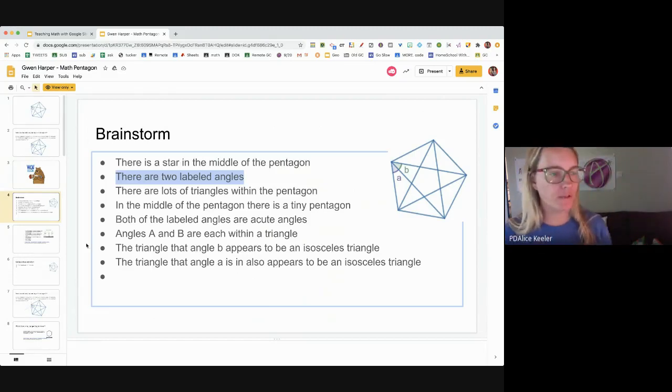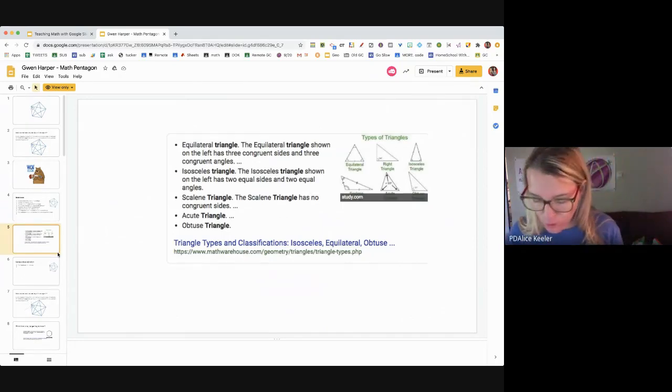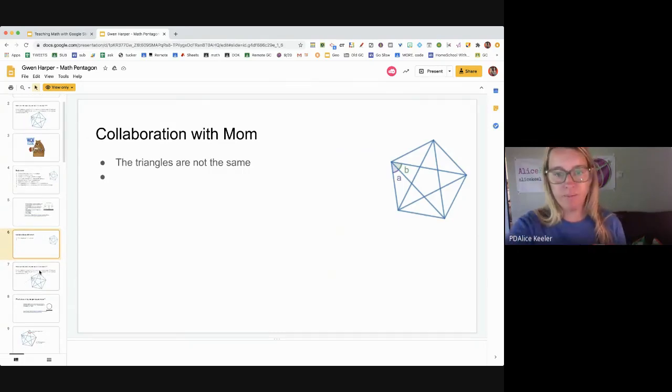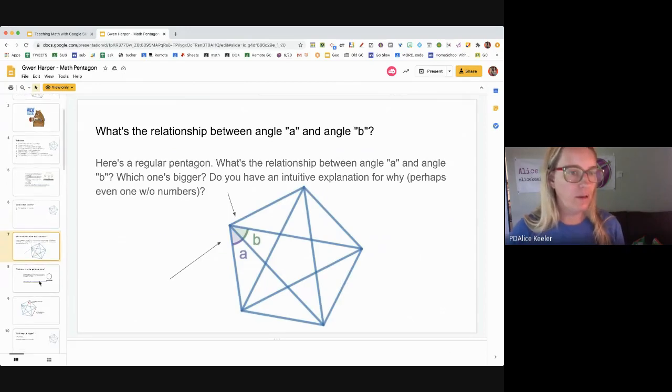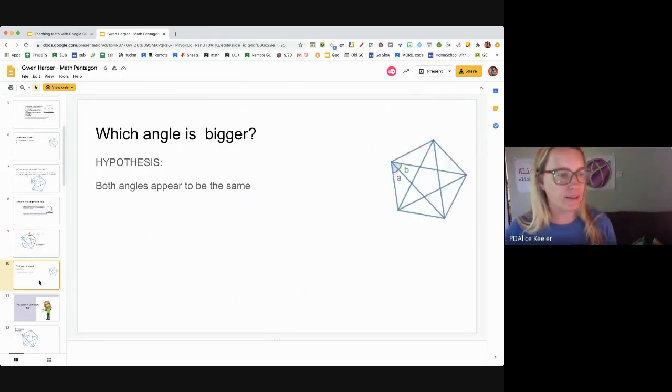more relevant observations. I didn't say this to her, but she realized she needed to know more about triangles. She looked it up. It's not cheating to Google search it. In fact, you are required. Just give me a screenshot. Collaborate with the mom, because you have to show collaboration. Another screenshot of a Google search. So now what we've done, we copied the shape, we've inserted it, we've used the drawing tools in Google Slides